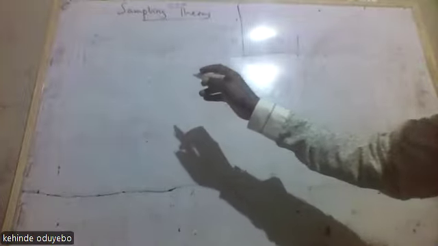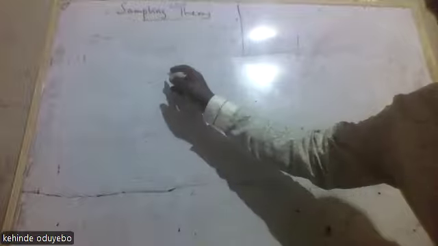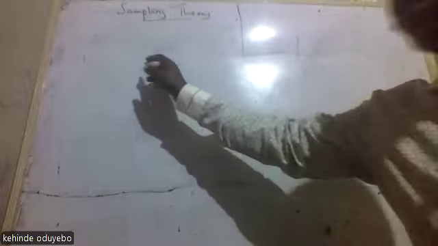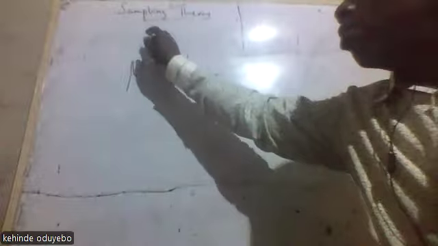Remember, from the beginning of this topic, we talked about the population mean. When you're talking about the sampling distribution of the mean, your mean is this,